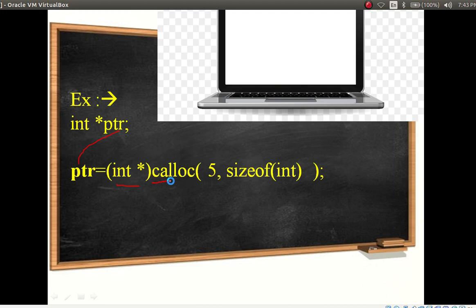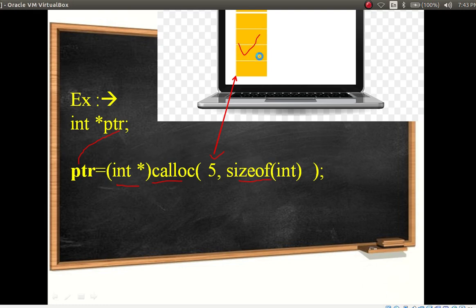Which function are you using? Realloc, but what function have you written here? Calloc function. Then size is how much? 5 and size of int. It is going to allocate 5 blocks, the size of 5 ints is allocated here.